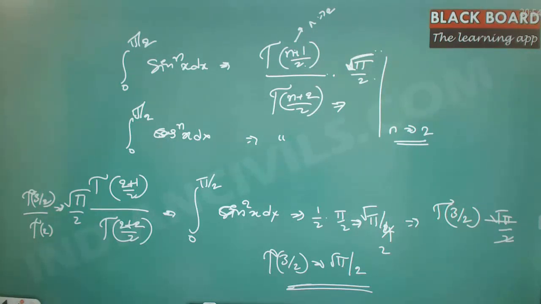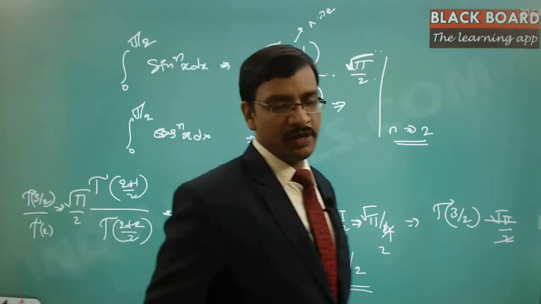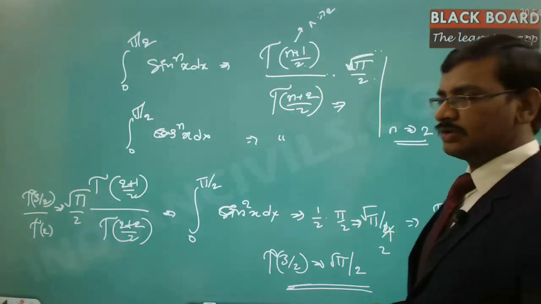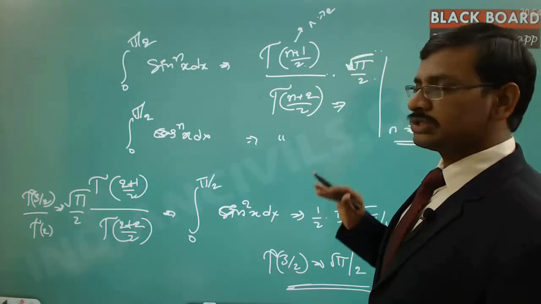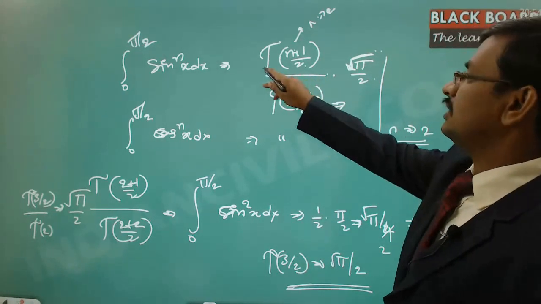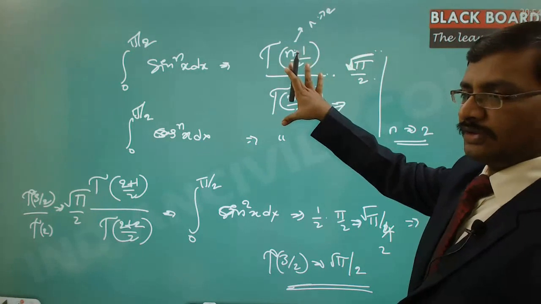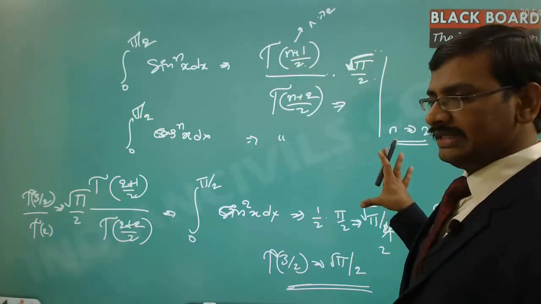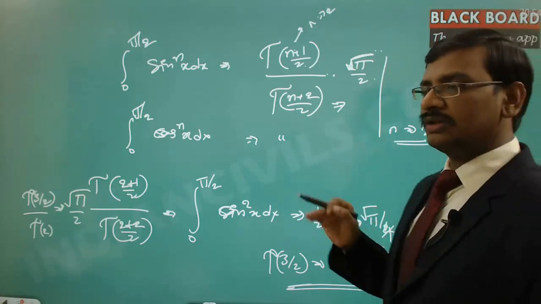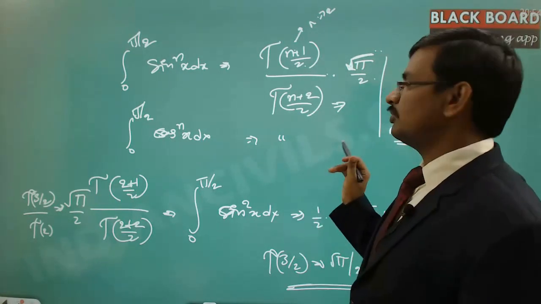Yeah, you can use that property also, but as long as you are able to find it out, that is fine. Fine. So here, suppose you want to find out 5 by 2, like that, so that is the question, right? That is anyway out of scope, because those levels of detail are not discussed in any of the textbooks. The gamma function is anyway out of scope for you. Hence till this extent is sufficient enough. And as long as you are able to find out the gamma properties, then you will be able to solve any kind of problem.